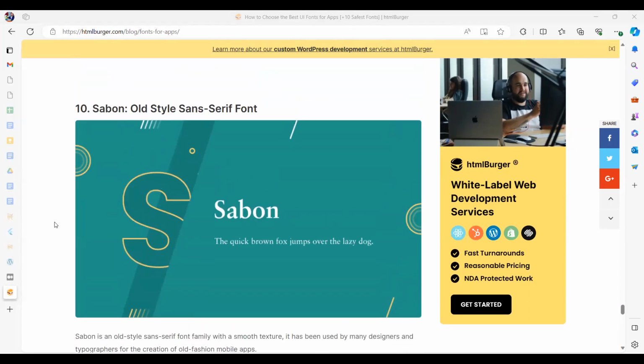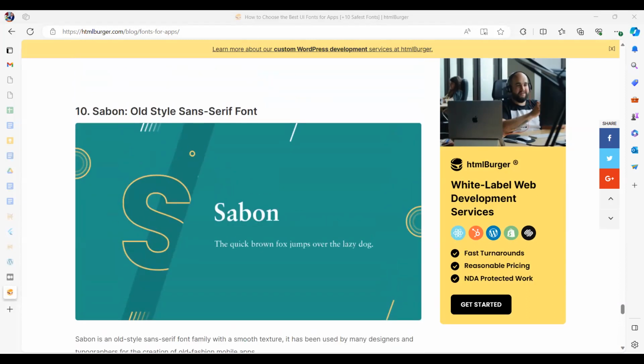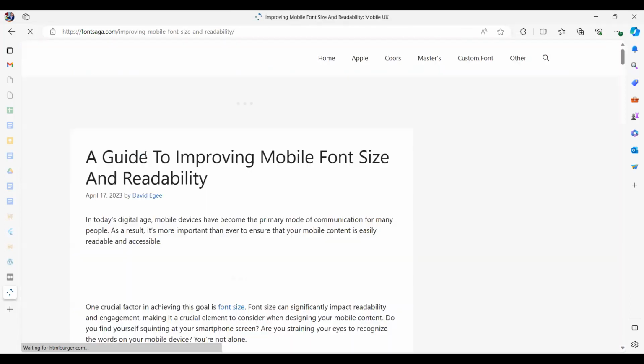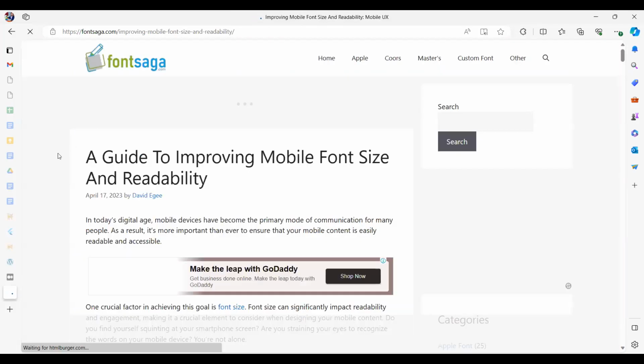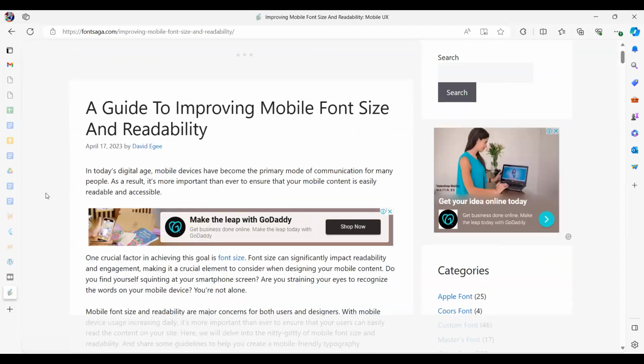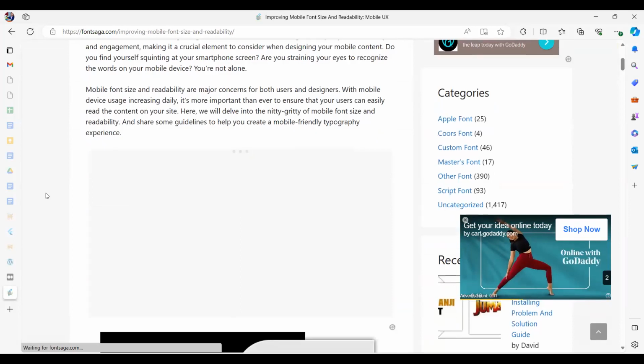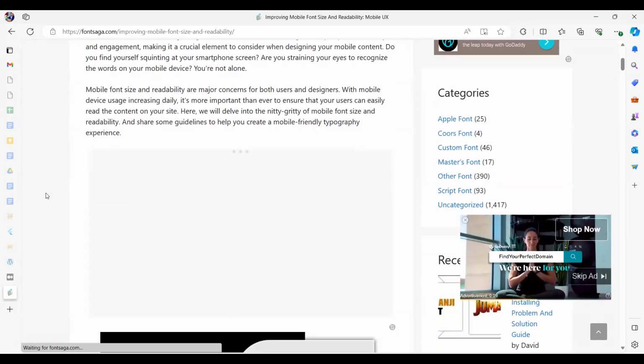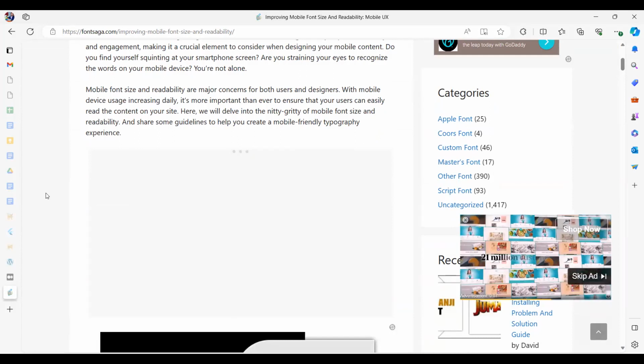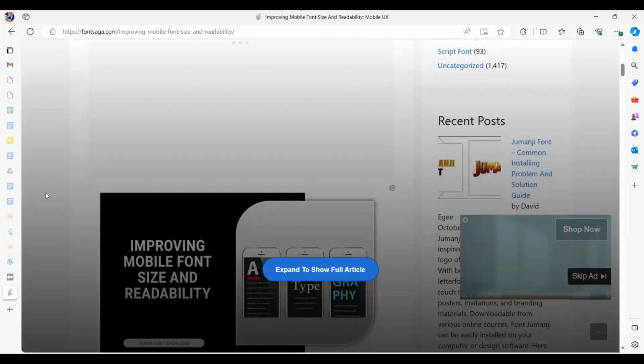Right. So these are some examples of how to choose a font. There are also lots of discussions about the sizing of the font and how big it should be, stuff like that. So this article talks about improving mobile font size for readability. Readability is very, very important because we need to be able to read what is on the screen, right? Otherwise,